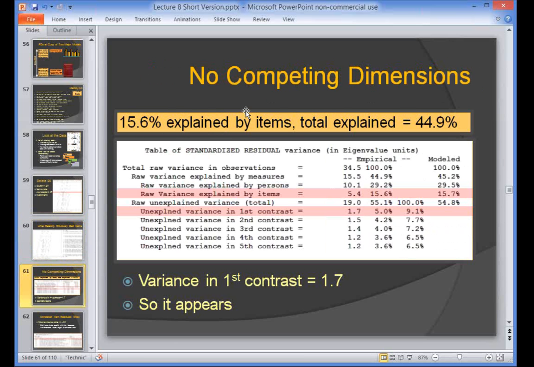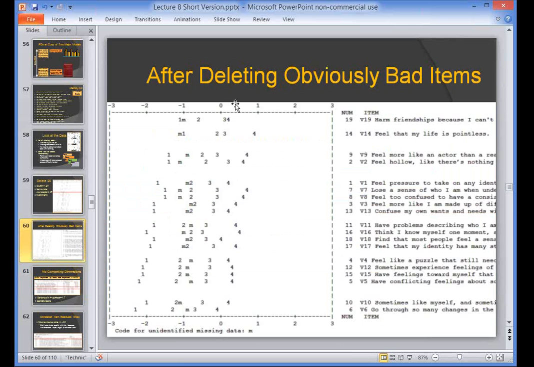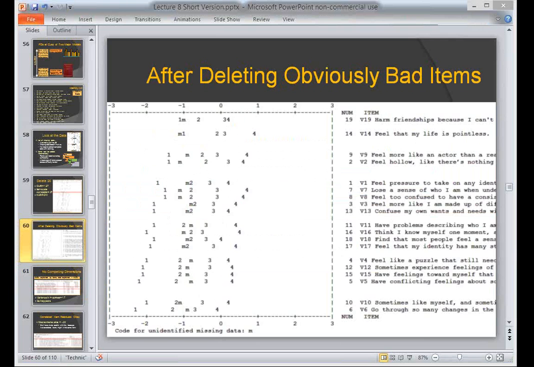And when I start out, these are my baseline values. I've got 1.7 eigenvalue units of variance in the first contrast, so I'm not really worried about that. The raw variance explained by the items is 15.6%, okay, versus 5% down here. This is telling me that most of the items are basically on construct. When I look at the empirical item categories and I see that they're spread out this way,